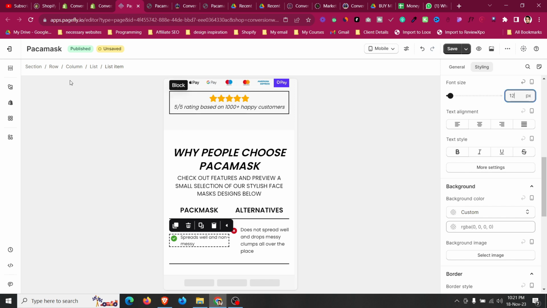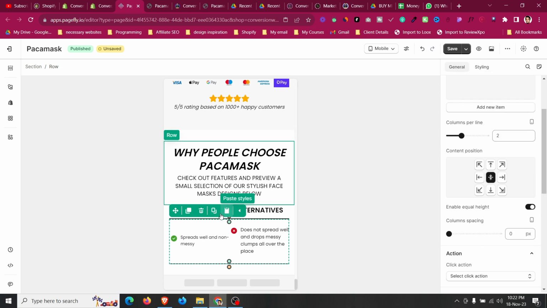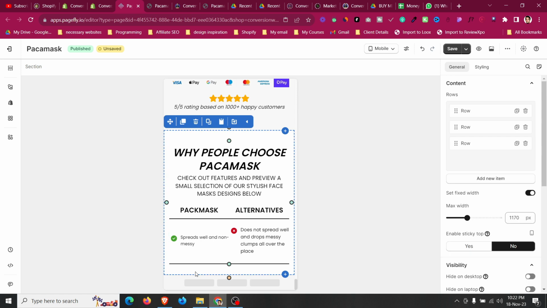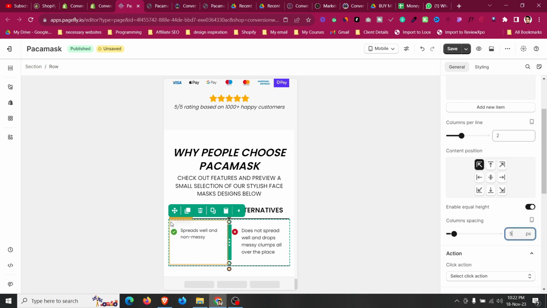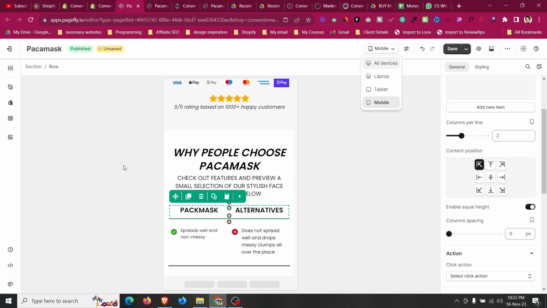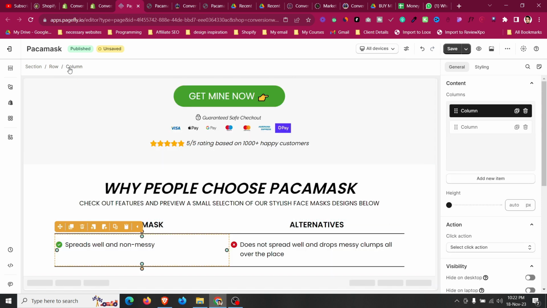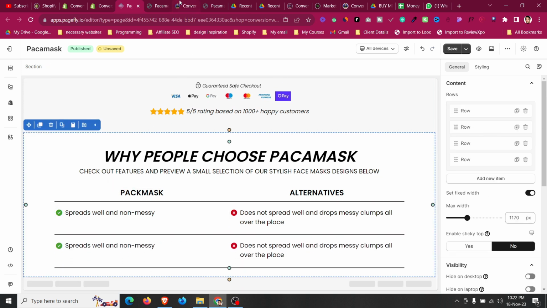Let's make it 13 also. Go to this row, go to general, and column spacing is looking good, but for row let's make it top. Okay, and for column spacing I think let's increase it to 5 at least. Okay, and now if we scroll back, we can duplicate this column again, and whatever the position is, one thing